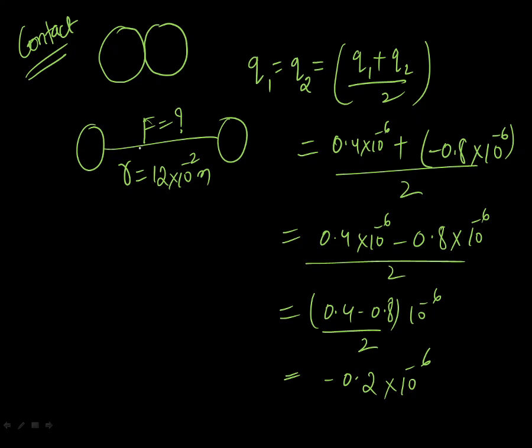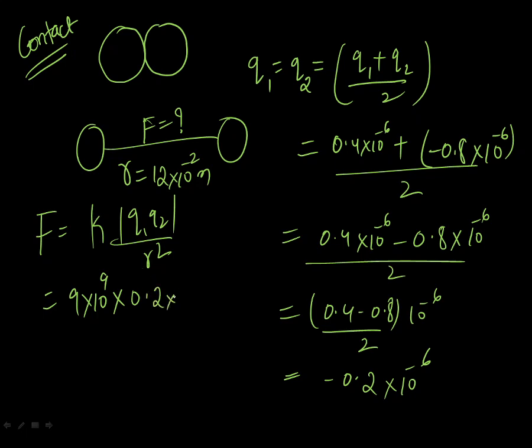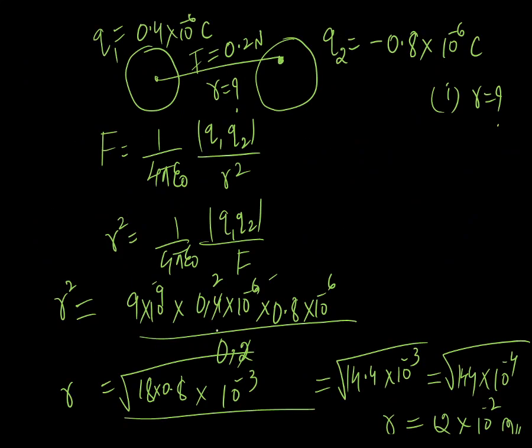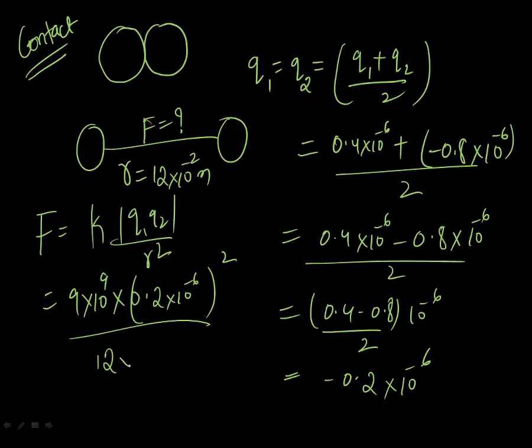But again, when I am finding the force between these two charges, I will use Coulomb's law, which is K into magnitude of Q1 Q2 by R square. The value of K is 9 into 10 power 9. For Q1 and Q2, again the magnitude I am supposed to consider. Here you need to be very careful. Don't take the negative sign since we are considering the magnitude. So Q1 into Q2 is the same, 0.2 into 10 power minus 6, and instead of writing one more time, I will do whole square, divided by the distance which we found in the previous case, that is 12 into 10 power minus 2. So this problem is a kind of buy one get one offer. If you go wrong in finding the distance between them, obviously the force will also be wrong.